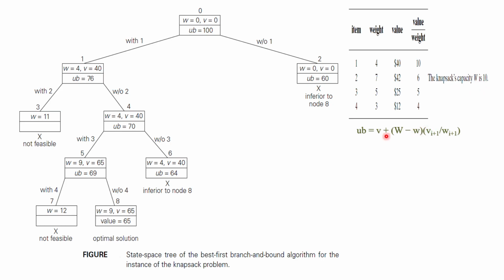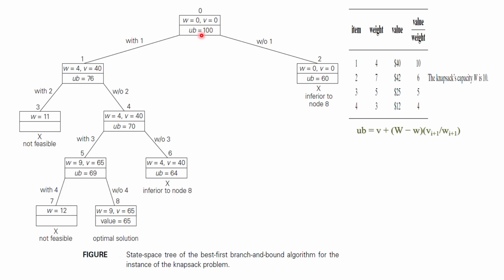Now first we have to set an upper bound here. For finding the solution in branch and bound, usually we take the help of the state space tree of the best first branch and bound algorithm for an instance of the knapsack problem. Here you are using the best first branch and bound algorithm. So now this is the state space tree. At present I have not selected any items, that's why w is 0, the weight of the items. Whichever item you include, that weight you have to consider here. At present no items are included, that's why it is 0, and the value also is 0 since no items are included.